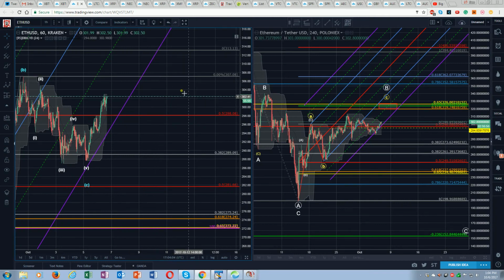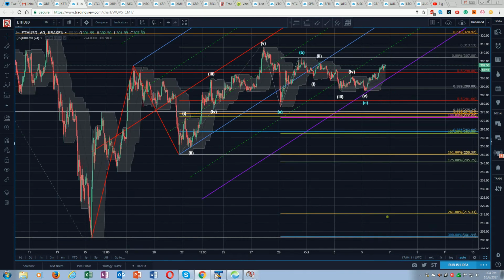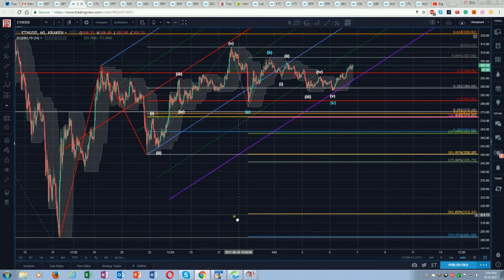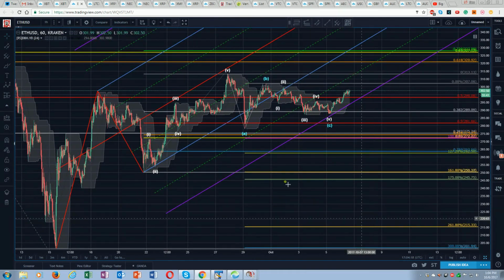Let's go over to Ethereum. Not as easy to read, but definitely something to watch here. It's been much more difficult because we've had kind of conflicting signals. So here's our larger, this is the 1 hour. Here's the median line that's been containing it, and we had this nice 5-wave impulse. We had this correction here. We thought perhaps we'd get a run here if this was our 2, that we'd go impulsive,